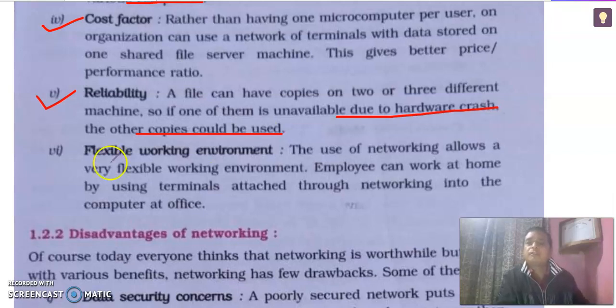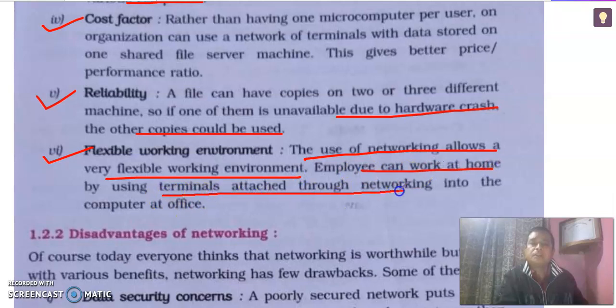So next is the flexible working environment. The use of networking allows a very flexible working environment. Employees can work at home by using terminals attached to networking into a computer at the office. So it will provide us with a flexible working environment. We have an example of